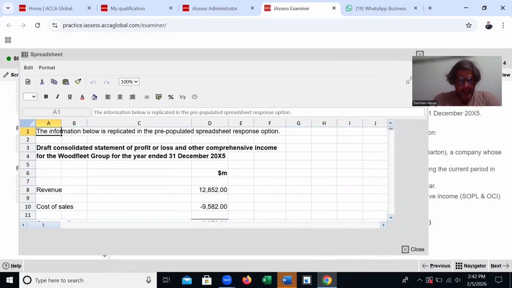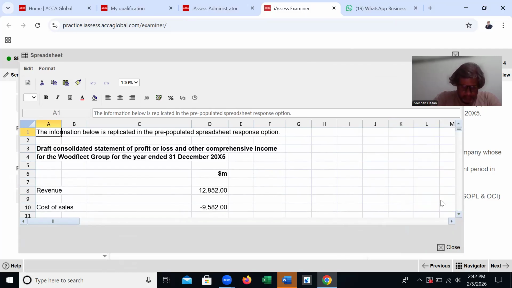There we go. I want to increase the size of it as required now. So here it is. It's in millions. So we have so many things over here. We will require